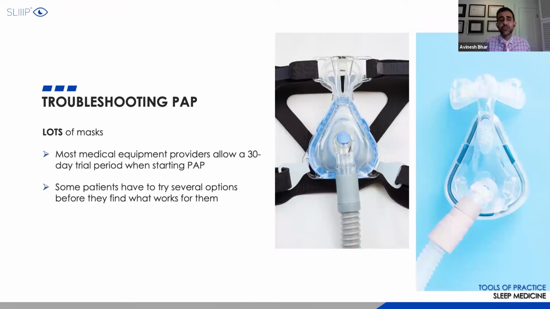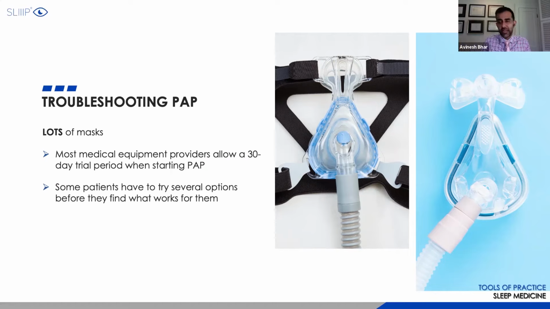Lots of masks, so that's no longer a problem. I think if patients know this, it's great, but you want to make them as comfortable as possible in the nasal mask. So I normally will not offer this as a, hey, don't worry about it. You can change it multiple times you want. Because as soon as they have the first couple of nights, they're like, oh, this is not working out. Let me switch my mask. What happens is they may switch to a full face mask, which actually then causes more problems down the road.